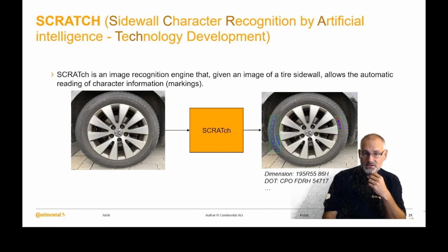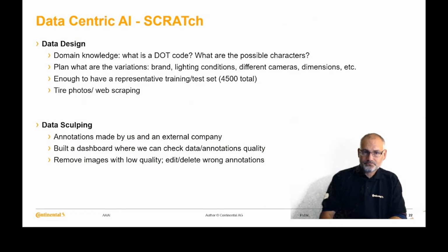And this is all something which needs to be in the models in there. So we put a lot of effort into the design of the data. So really to understand what is a DOT code, are there different versions of it, what characters go in there,